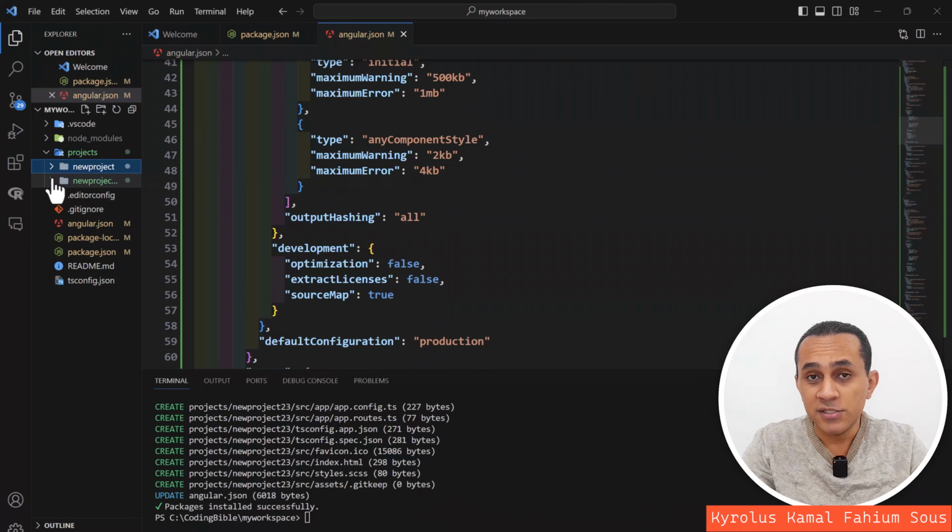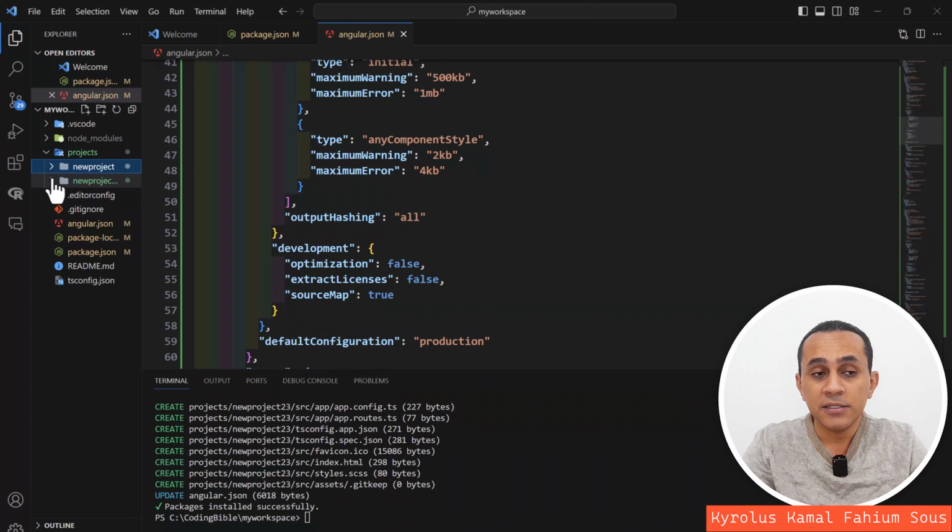So now the question is, when do we need to do this? Some companies need, for example, to upload more than one project inside one GitHub repo. So they use this style, and this is called monorepo style. The second case is when you are creating a package for Angular. This means that you will need two projects, one for the package and one for testing this package.